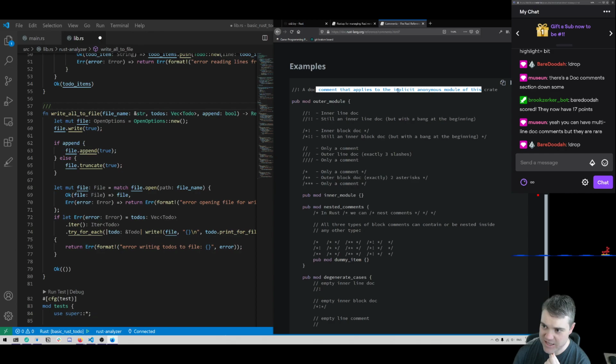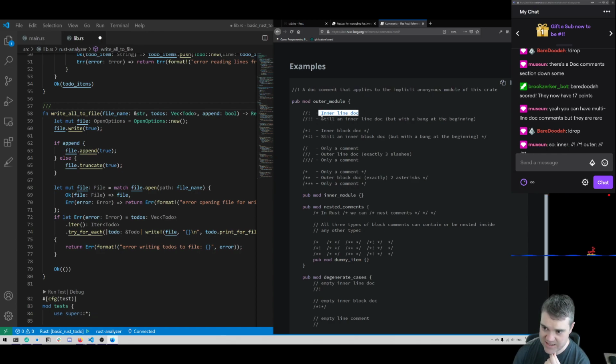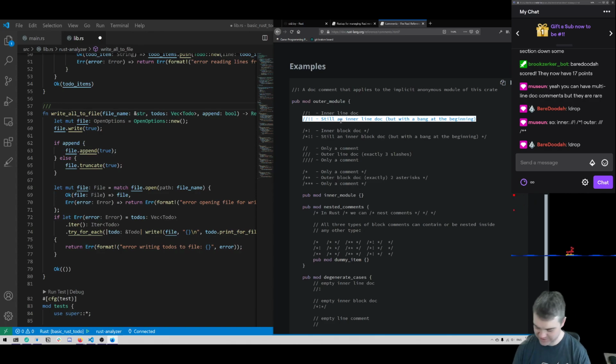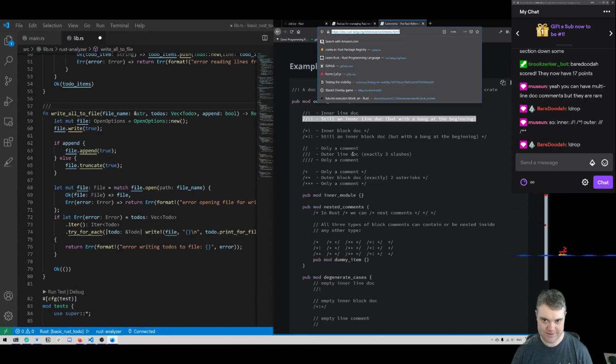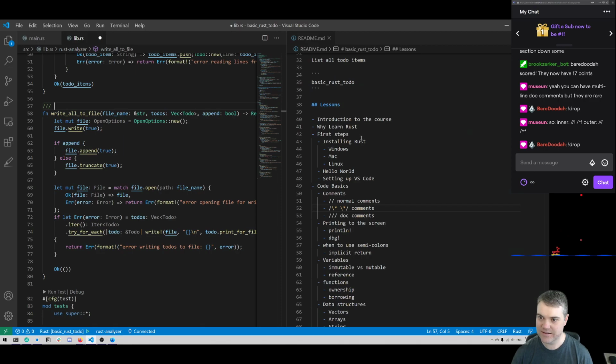A dot comment that applies to the implicit anonymous module of this crate. Inner line doc. Still an inner line doc with a bang at the beginning. Wow, so many of these comments. Okay, we're gonna put this here in comments,